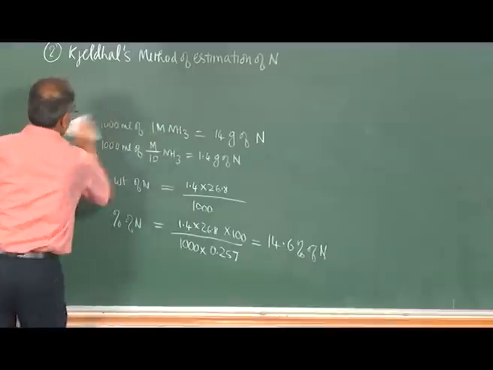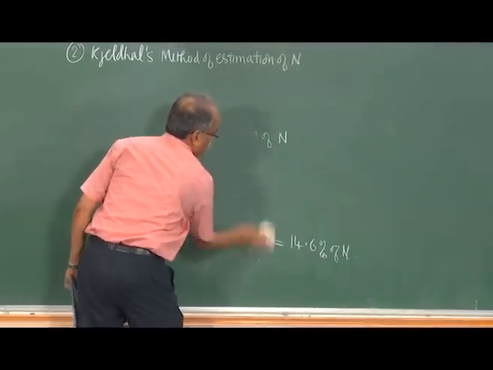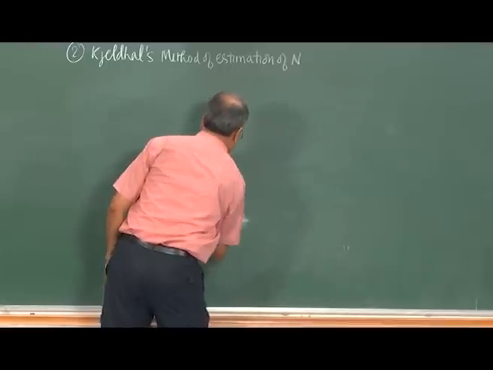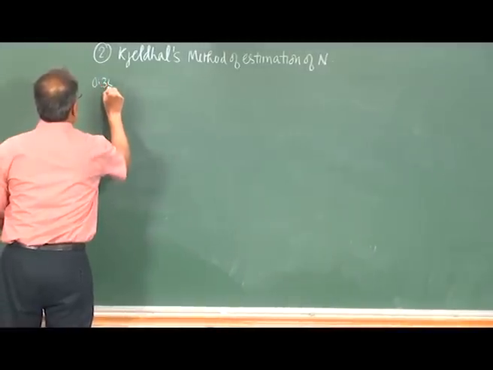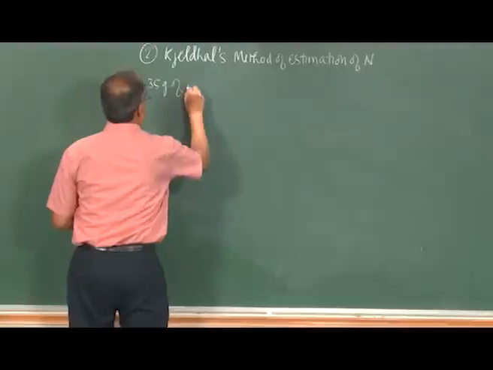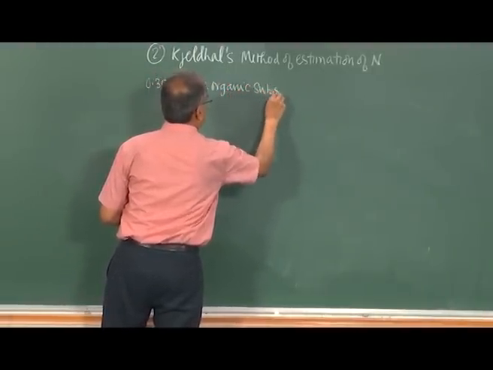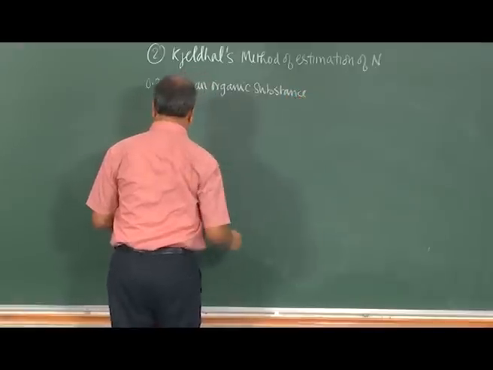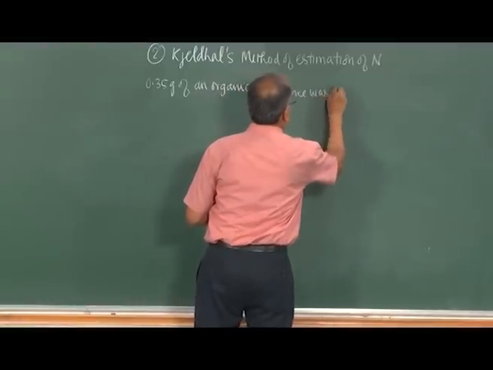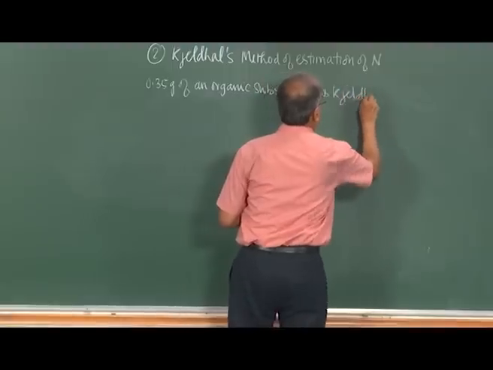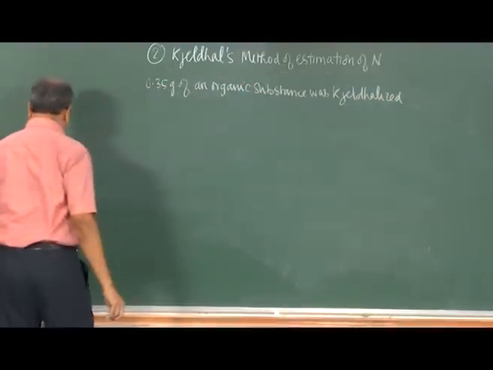Let me clean up this board completely so that we can use it. 0.35 grams of an organic substance was Kjeldahlized. Kjeldahlized means essentially treated with sulfuric acid and copper sulfate,